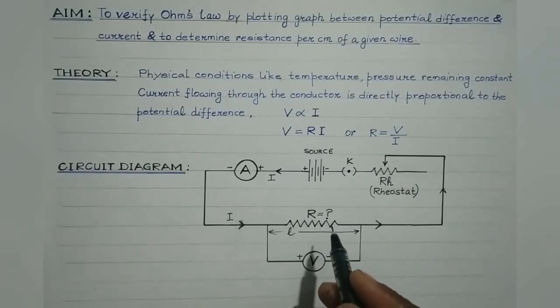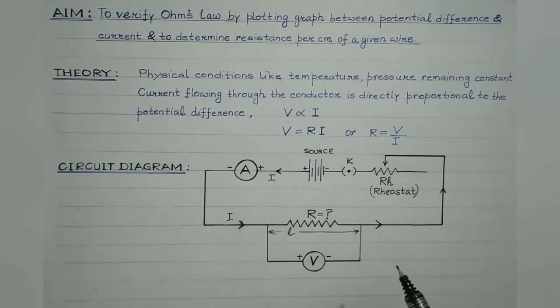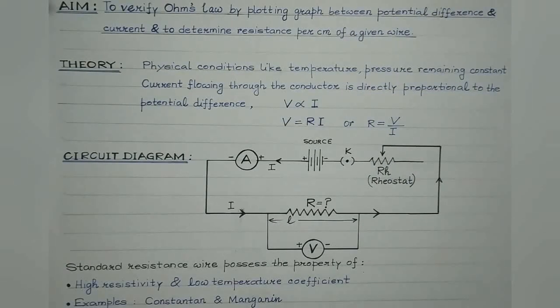For that we make use of a standard resistance wire made up of either constantan or manganin, which is also known as Eureka. Here I must mention constantan, it is also known as Eureka. It is actually an alloy of copper and nickel. While students, manganin is again an alloy made up of copper, manganese and nickel. So these two are used as standard resistance wire. So the wire which will be given to you would be made up of either constantan or manganin.